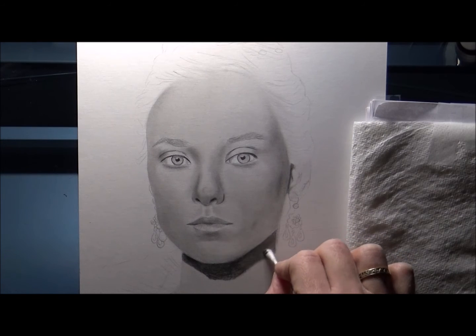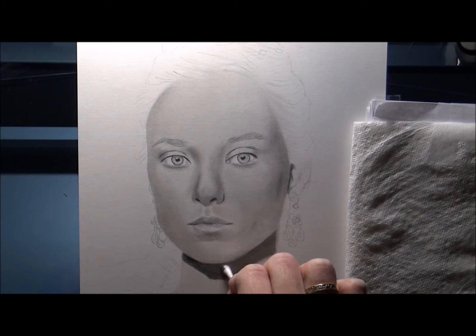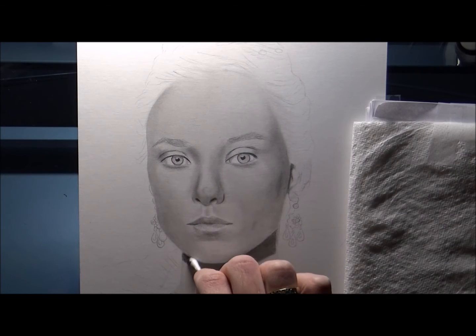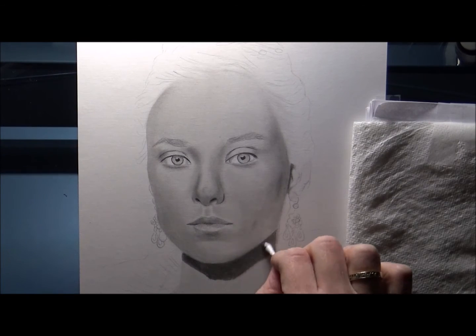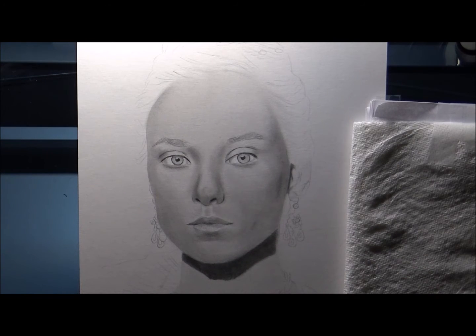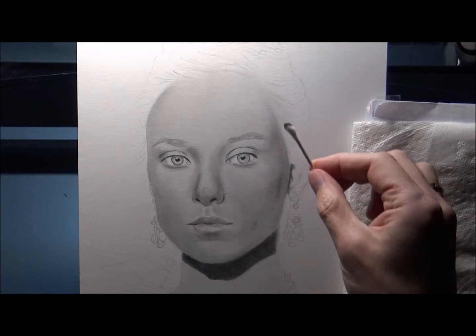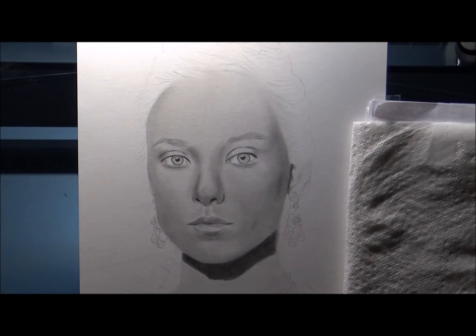And when I smooth it, the Q-tip actually picks up some of the graphite and it lightens up again, which I think shows in the video. I can't completely tell by looking at the little camera screen. But yeah, the Q-tip picks up some graphite, like I said, and lightens it up, but this part is sort of ahead of the rest of the drawing now as far as final tone goes. This Q-tip that I just used is quite dark now, and I'm going to keep that because I'm going to be able to use that later